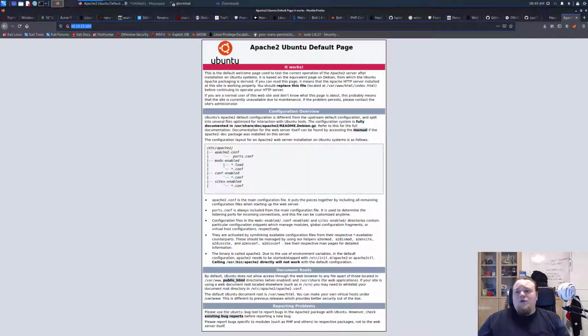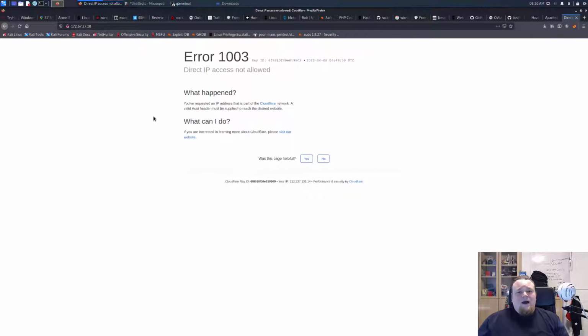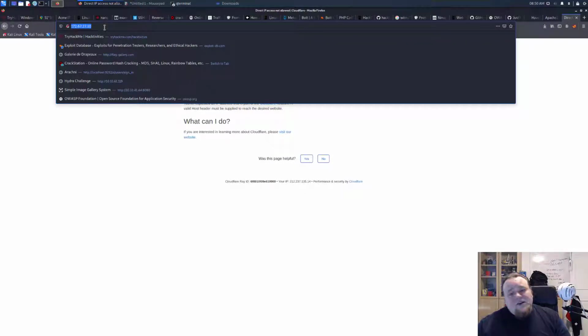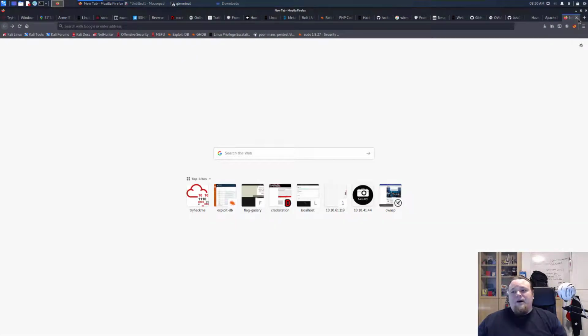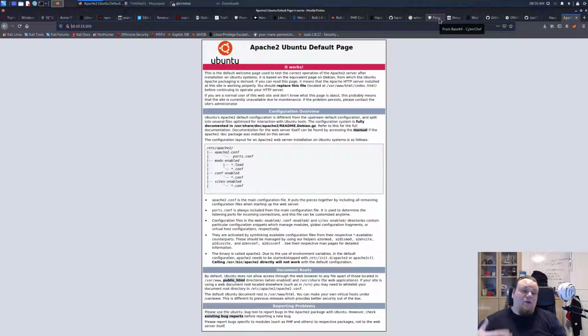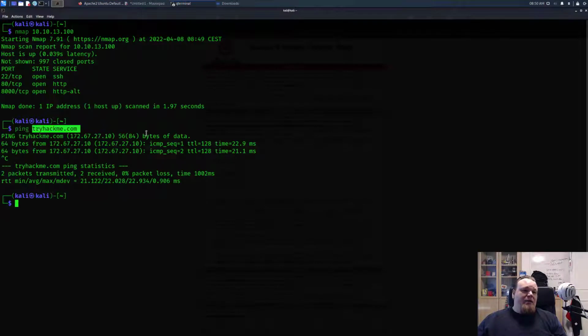If you copy this and go to any browser tab and paste it in, you are not allowed to access TryHackMe directly through an IP. This is a setup they can make, but in most occasions, you can access a web page through its raw IP. However, it is not practical to try and do that because it doesn't give us anything at all. Accessing a web page through an IP is just a way to identify that we got the right IP address. We know it is the right IP address because pinging a domain name gives us the actual IP address here. If you don't know what ping is, it's basically just a command asking for the